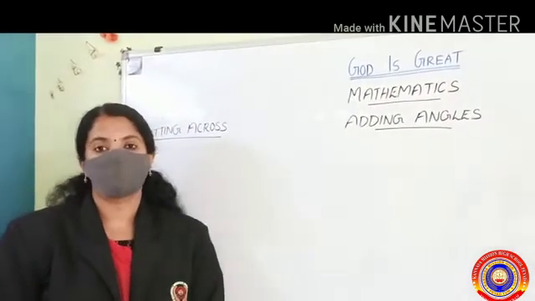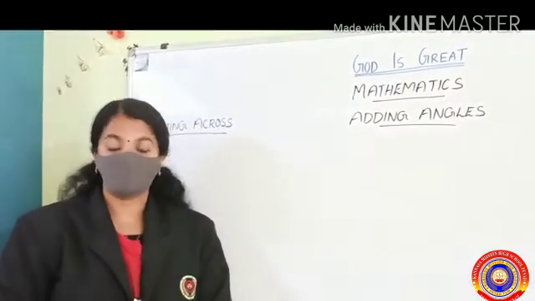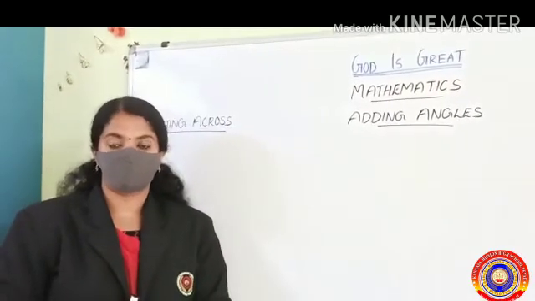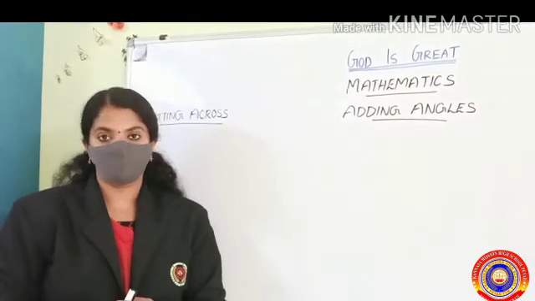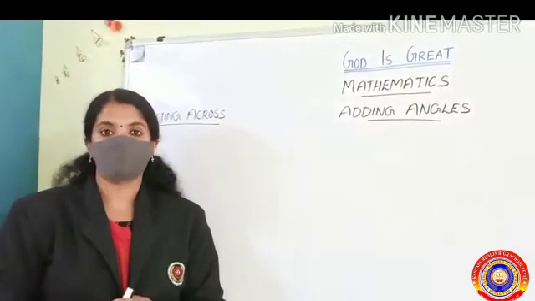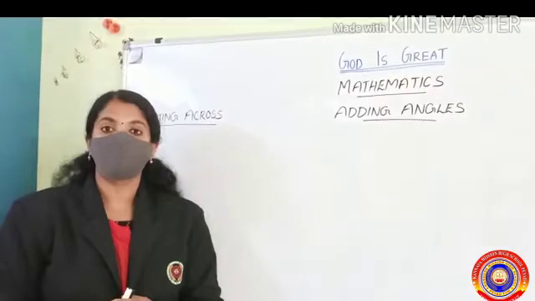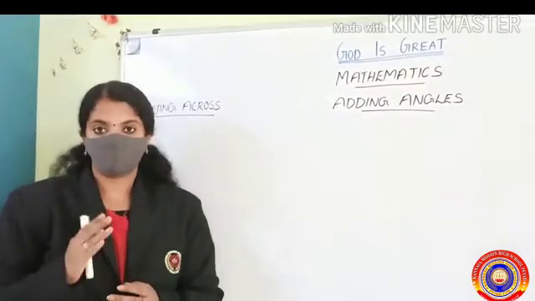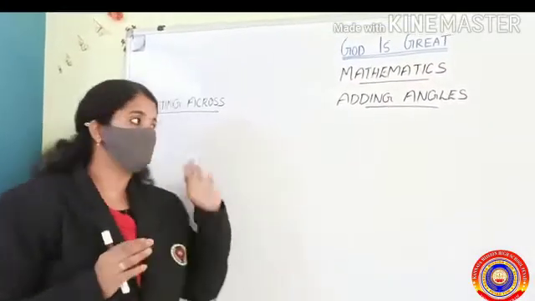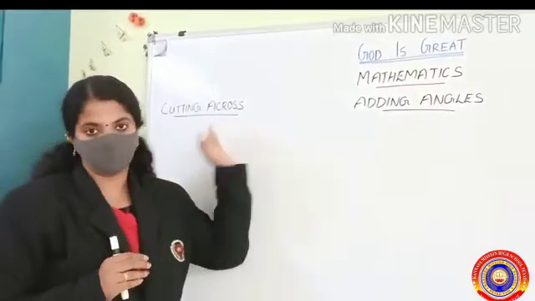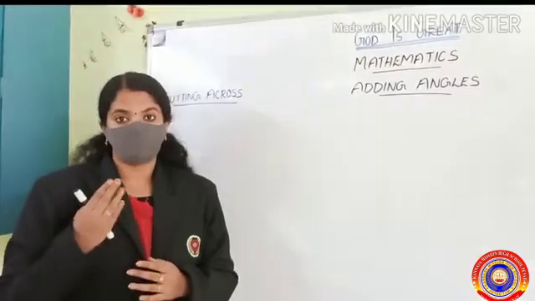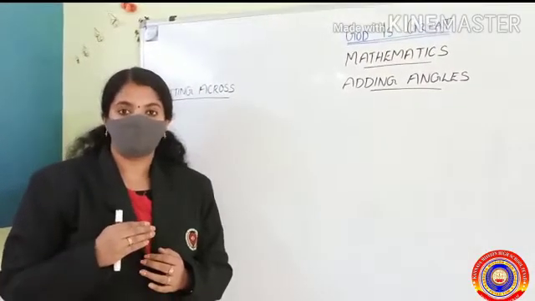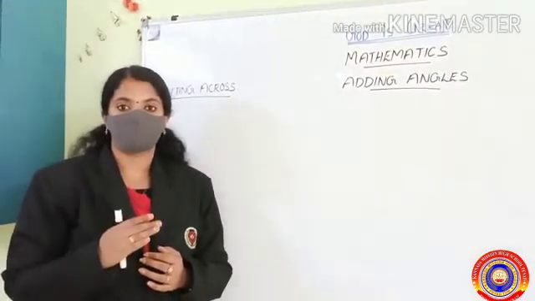In the previous class, we have learned about the linear pair. When a line is drawn from another line, the pair of angles formed on both sides is called a linear pair. The sum of the angles of a linear pair is always 180 degree. Okay, let's go for the next part, cutting across. Today we are going to learn linear pair and opposite angles, and each pair of opposite angles are equal.